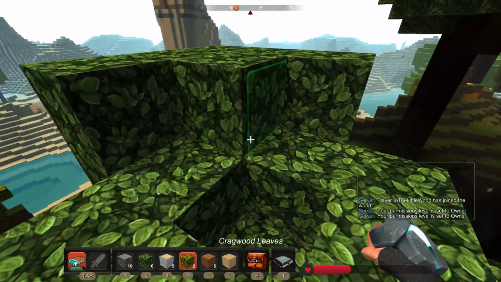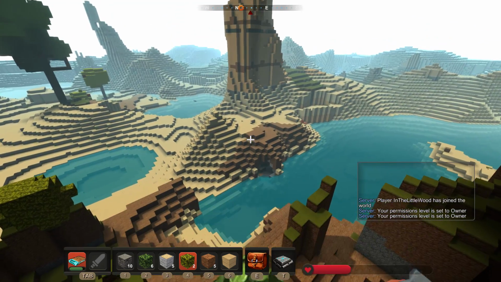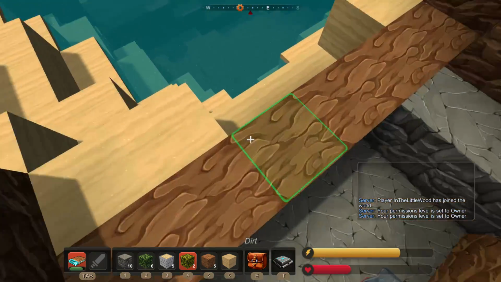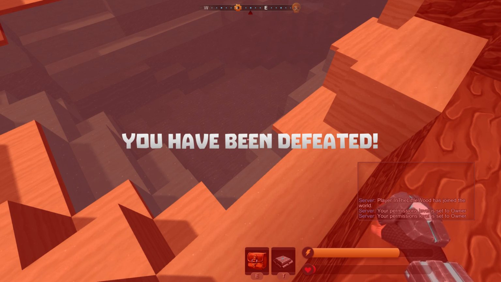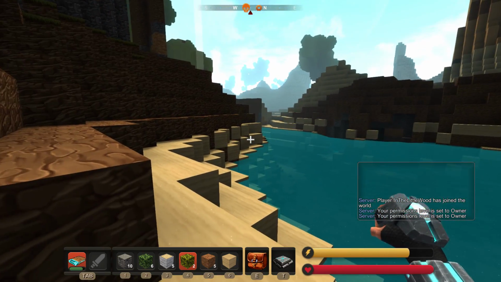You know what? The sprint is fast in this. So sprint is when you hold shift. I'm just going to run that way. Oh, not quite. Oh no. It was probably good for me to die because at least then I can show you what happens when you